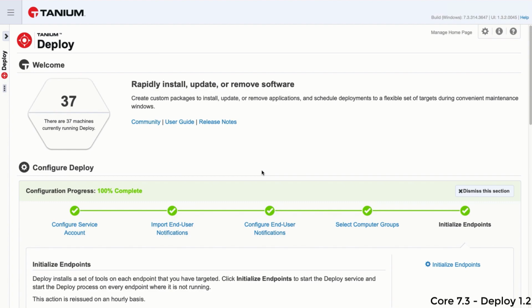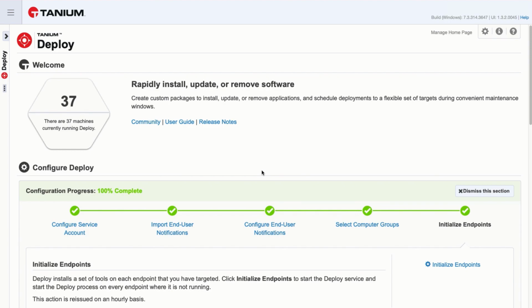Welcome to a first look of Tanium Deploy 1.2 and End-User Self-Service. End-User Self-Service enables users without administrator permissions on their computer the ability to install software. Administrators can define the software available to a system, as well as the actions that a user is allowed to take. We'll be looking at the self-service components on the server, and then looking at the results on the endpoint